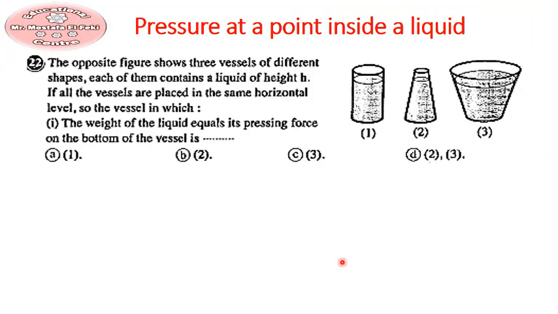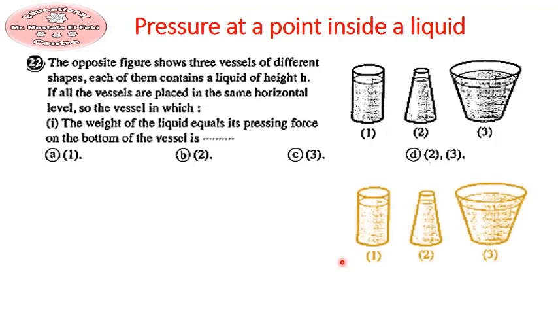The opposite figure shows 3 vessels of different shape. Each of them contains a liquid of height h. If all vessels are placed on the same horizontal plane, so the vessel in which... At the first, here are the 3 vessels. The force that acts on the base of the container in the first vessel,